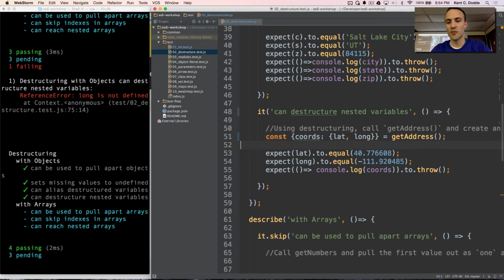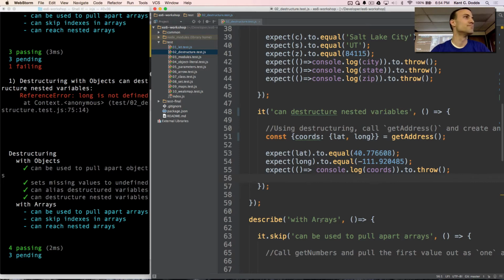Yes. So I don't know what to say about this except that this is the syntax. I've been doing almost all my stuff in ES6 for the last 4 months or so, and I've never really felt the need to do this. But it's kind of nice to know that you can. So before I move on to how you do destructuring with arrays, does anyone have any questions about how you do it with objects?